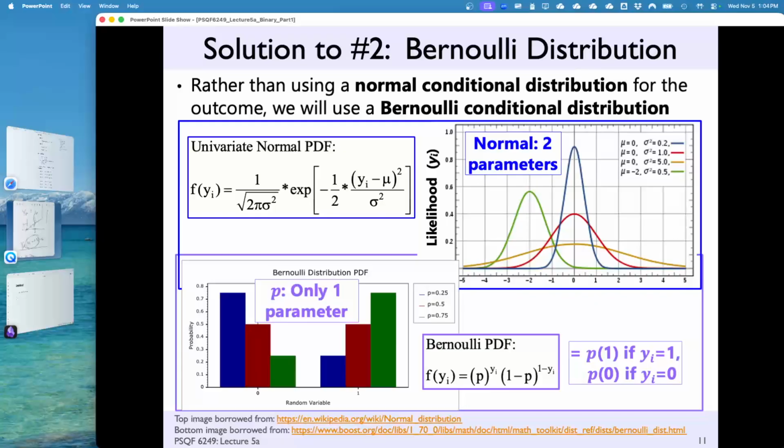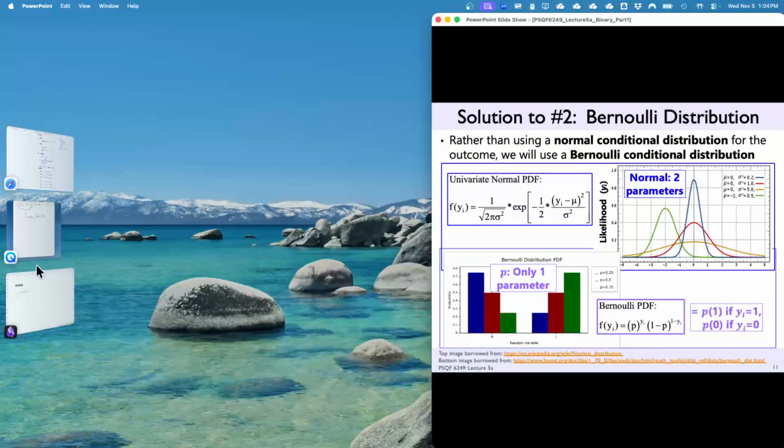So now a Bernoulli distribution still has a mean, and that's where the link function comes in. Because all of our parameters are defined on real number lines, we want the thing we're predicting to also be defined on a real number line. And what this ends up looking like is the following.